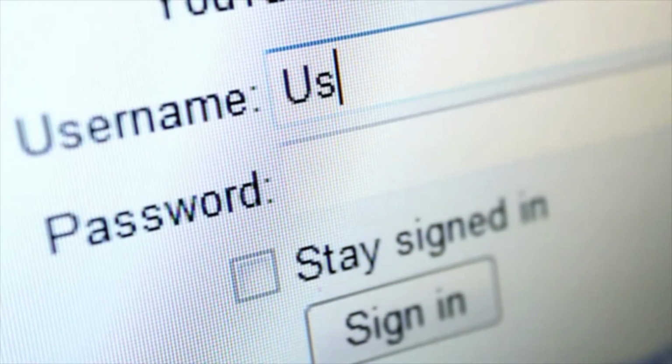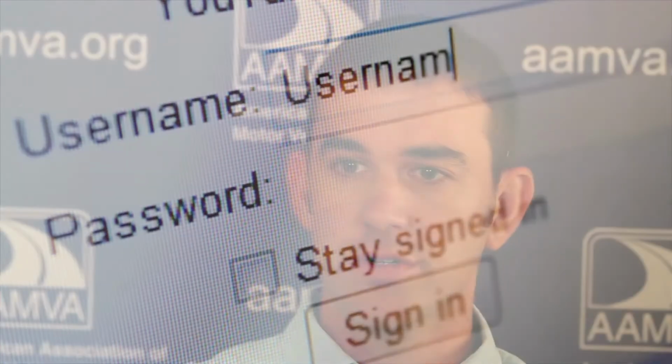eID is really enabling a person to conduct business online in a secure way. Right now, when you're conducting a transaction online, typically you're utilizing a username or password, or if it's a very secure transaction, you might have some sort of token or key fob, something like that that you have to plug into your computer to say, okay, I'm the right person to have access to this information. But the username and the password is the big way to do that, which isn't a very secure process.